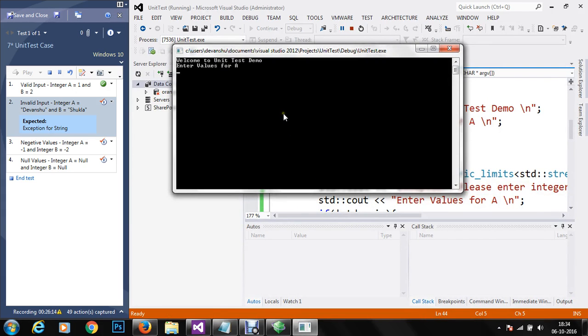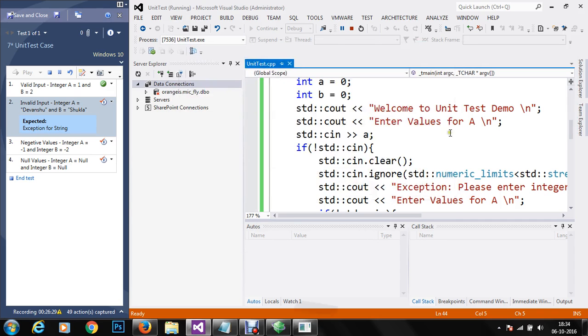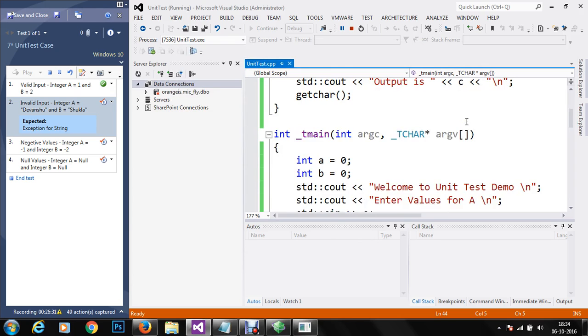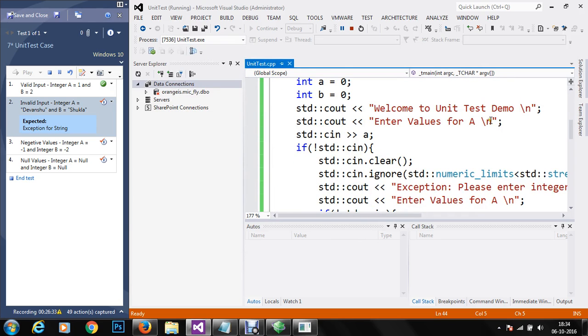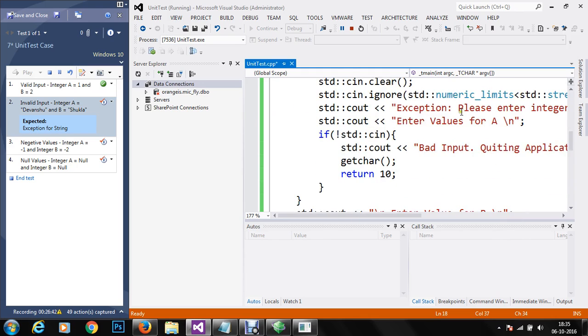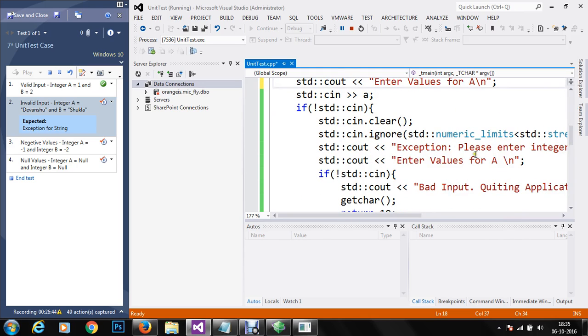Now as soon as we run, we can see that we have to provide a username, something like Devanshu. As soon as we enter, we get an exception now. Please enter integers, and we have to enter values for A, and I hope due to some code I have got a new line character, and that again should be an input to this.